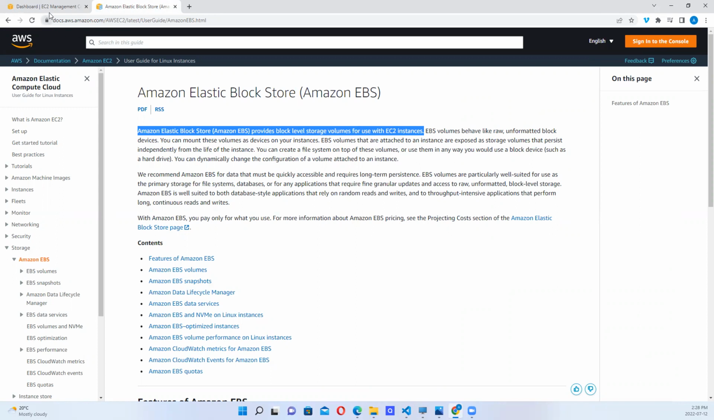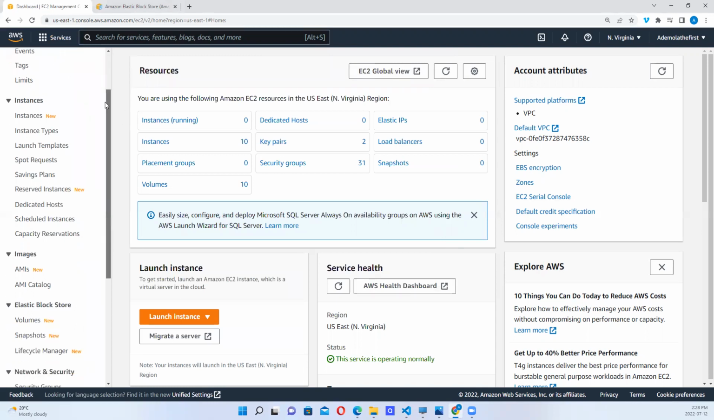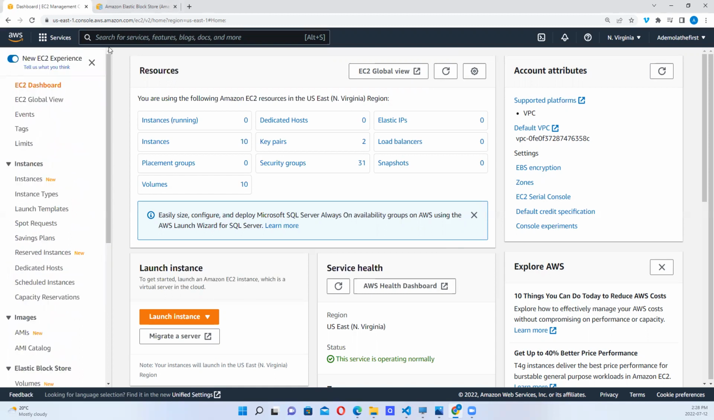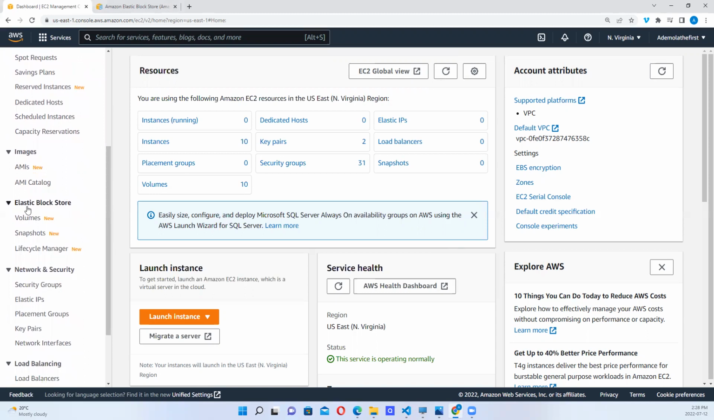So just as you have EC2, right? So wherever you see EC2, you should be looking out for the Amazon Elastic Block Store. So I think we have it down here, right? So this is where we have Amazon Elastic Block Store. Okay, now, if you look at this, under Amazon Elastic Block Store, I want you to take a look